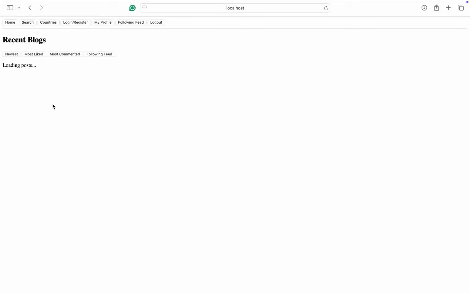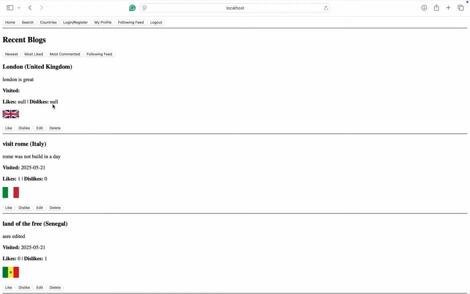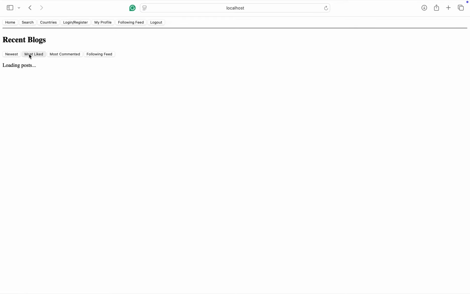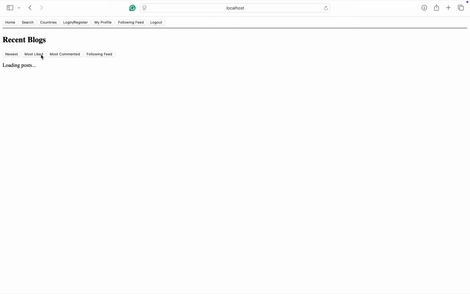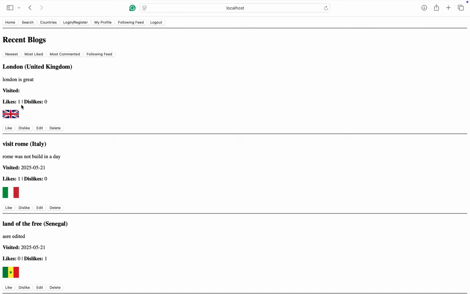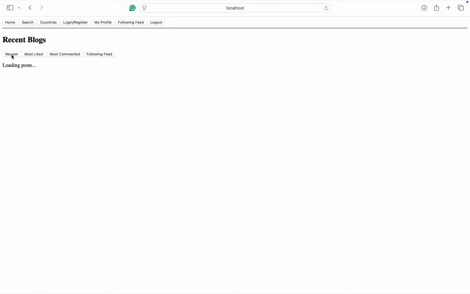Render post, and the difference between liked, I could close it. It will definitely update. It just takes time, and we can see the newest. We can see the most liked. We can see the newest, and then you see that it updated the like, and then we can see the following feed, which is empty now, and I will show you how we can populate it, we can follow people